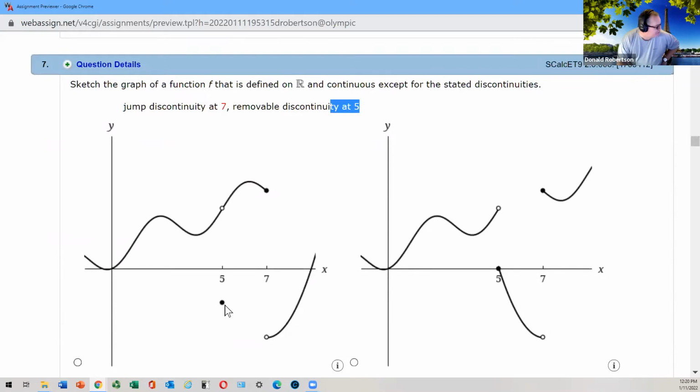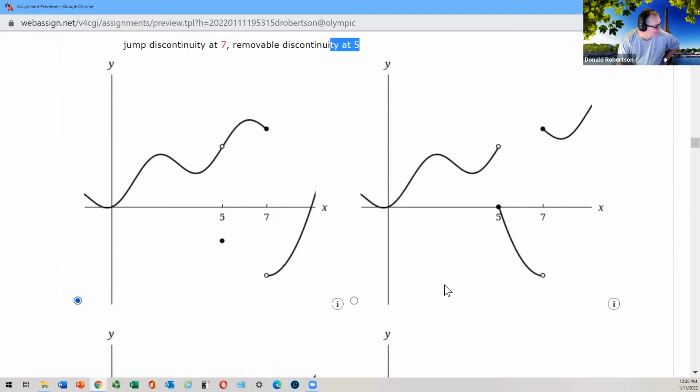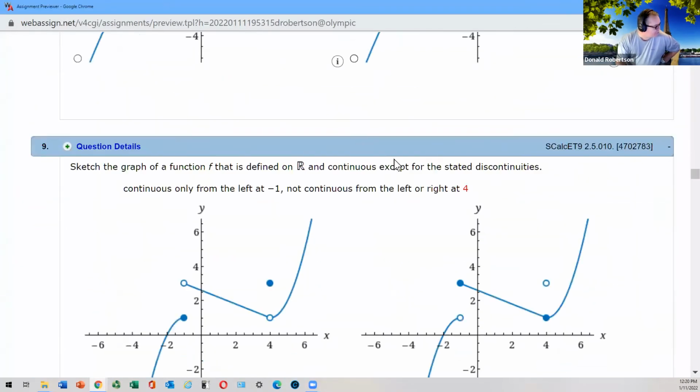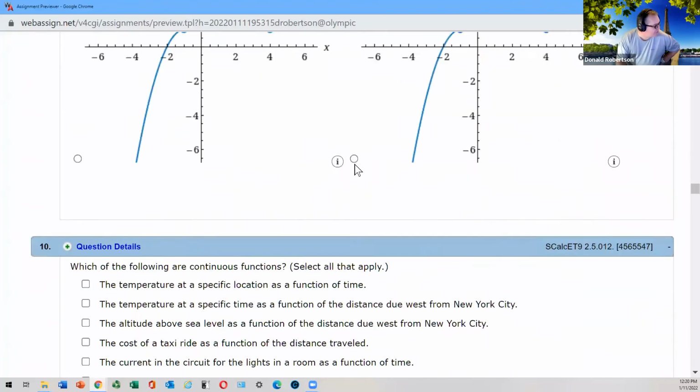So basically in this question, does it make sense that you just pick the one that fits? Is that question a little bit clearer now when you see how you would approach it? So you just put a little dot on the guy that works. And there's another one, same idea. Here's another one, the same idea.